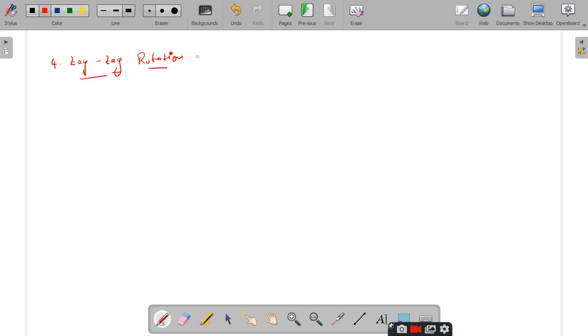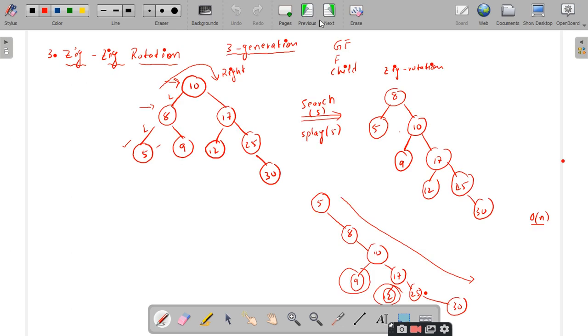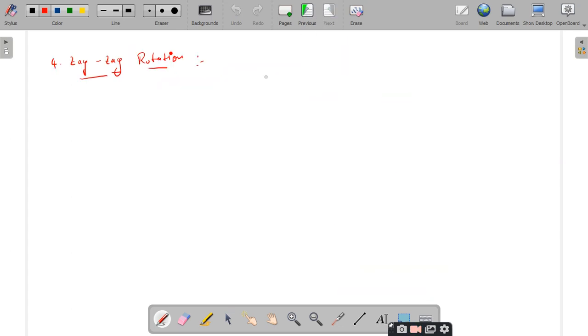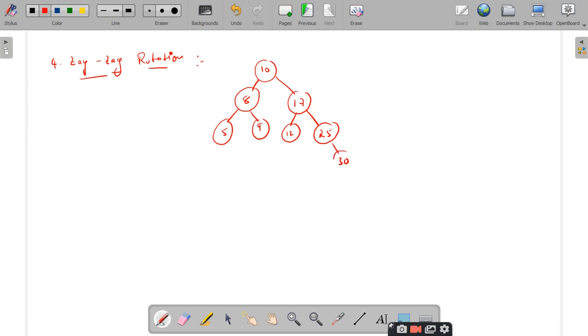Can you give the previous diagram? 10, 8, 5, 9, 17, with 12 as left of 17, then 25, 30.